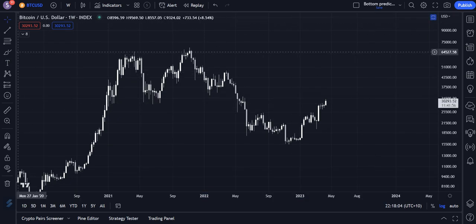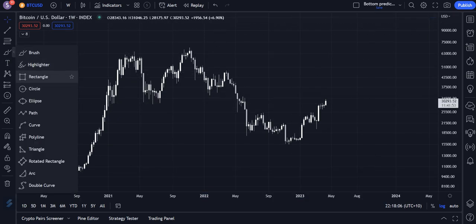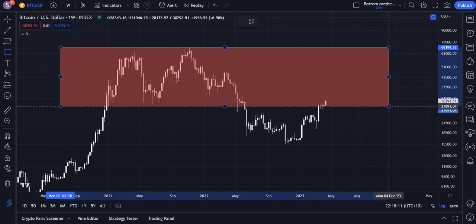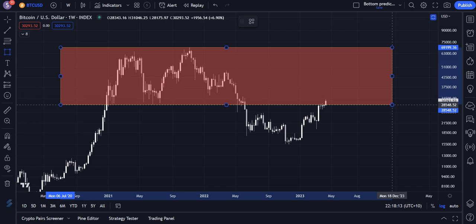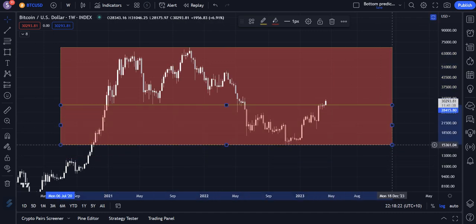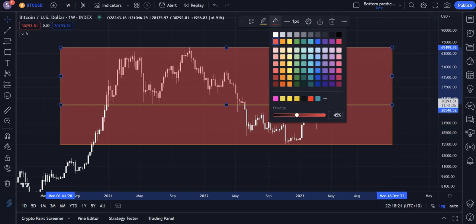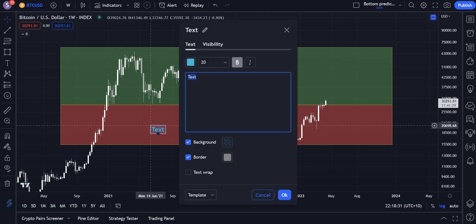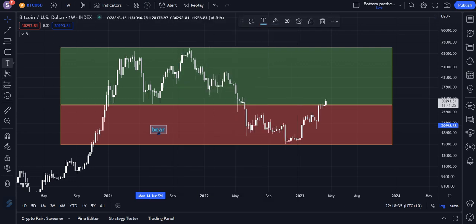You can quite easily visualize what the price action for Bitcoin is like on a macro scale by simply drawing two rectangles since 2020, 2021. What you can do is draw the first rectangle here from 28.6k to the all-time high at 68k, and you can draw the second rectangle down here. As you can see, we have two definitive rectangles, and we have two definitive ranges, one of which is the bear market range, which is this one right here. We'll go ahead and put the word bear there, and one of which is the bull market range,